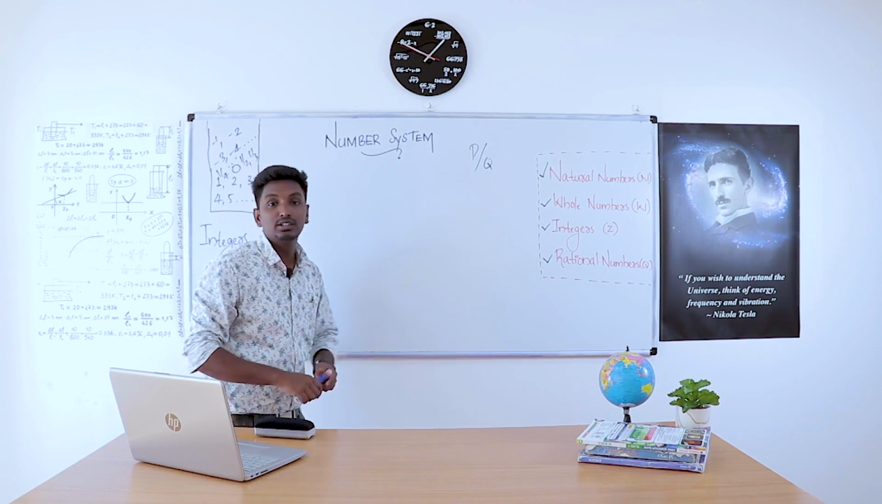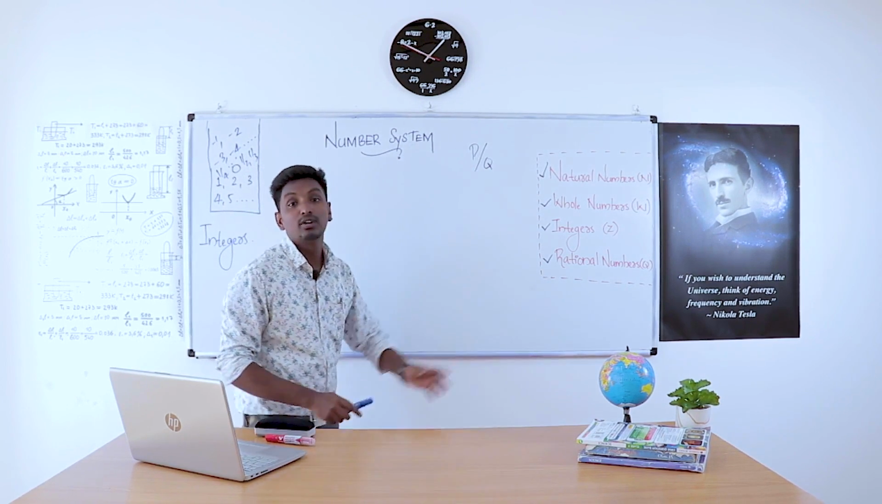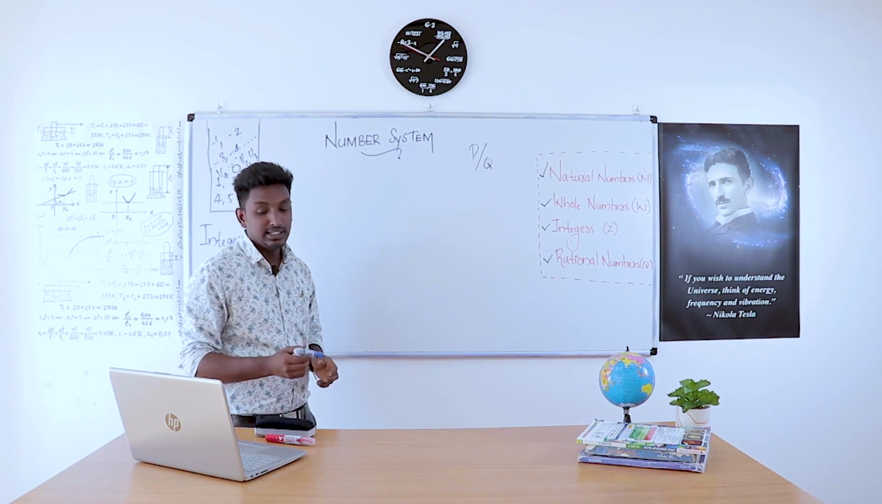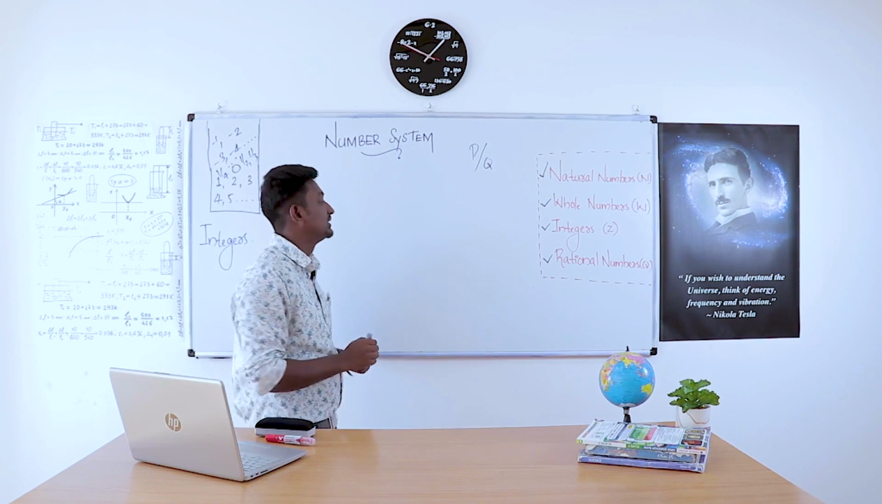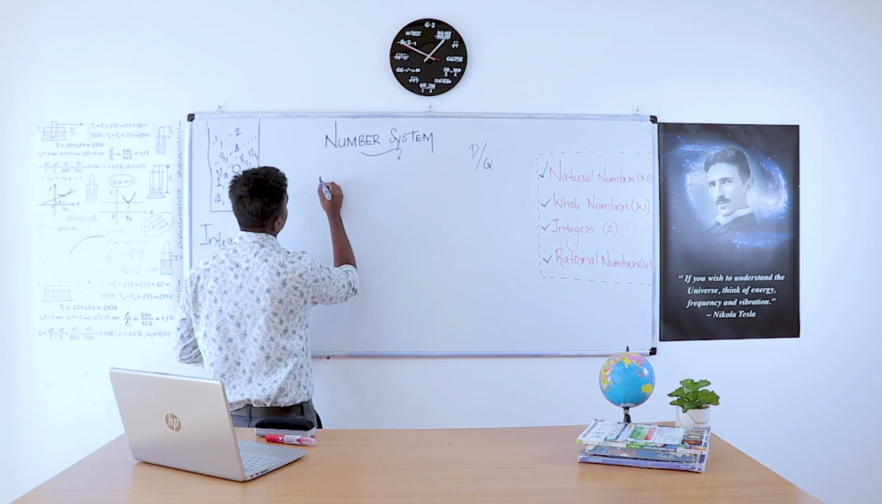If denominator equal to 0, then it becomes not defined or infinity. The value cannot be defined. Therefore, denominator does not be 0. That is Q not equal to 0. Then rational numbers can be defined as numbers